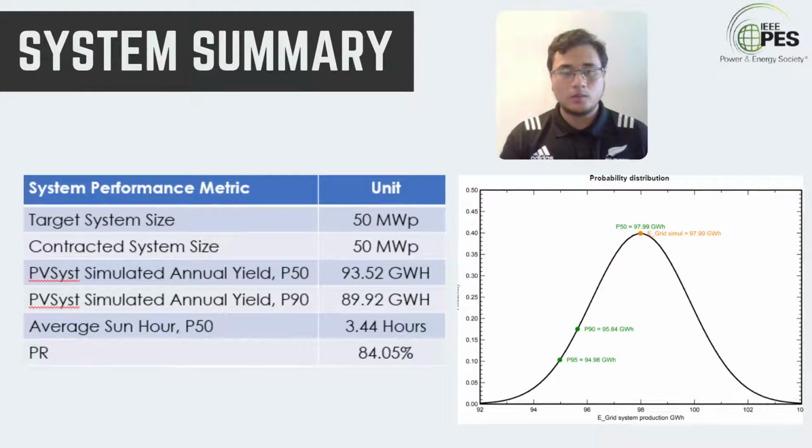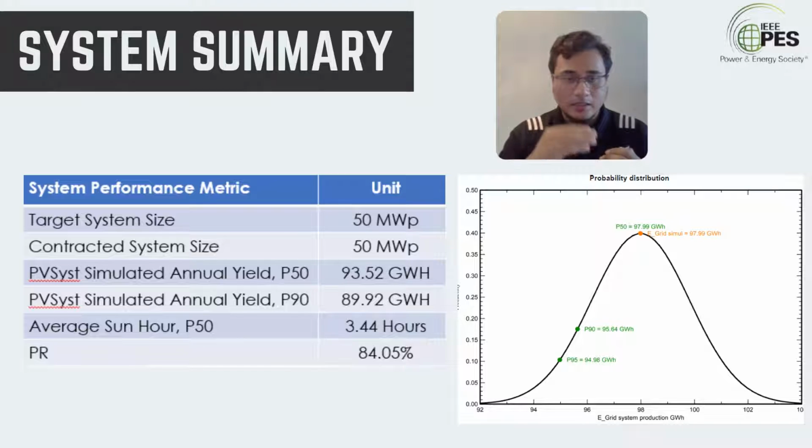The system performance. Before we do any LSS design or detailed engineering, we do a PVsyst simulation to identify how much generation our LSS plant produces based on the solar panel and inverter used. As you can see, the table shows the annual P50 and P90. P50 means there is a 50% chance our generation will be 93.42 gigawatt hours and a 90% chance the generation will be 89.92 gigawatt hours. So we know the estimated range of our LSS plant generation. Now moving on to